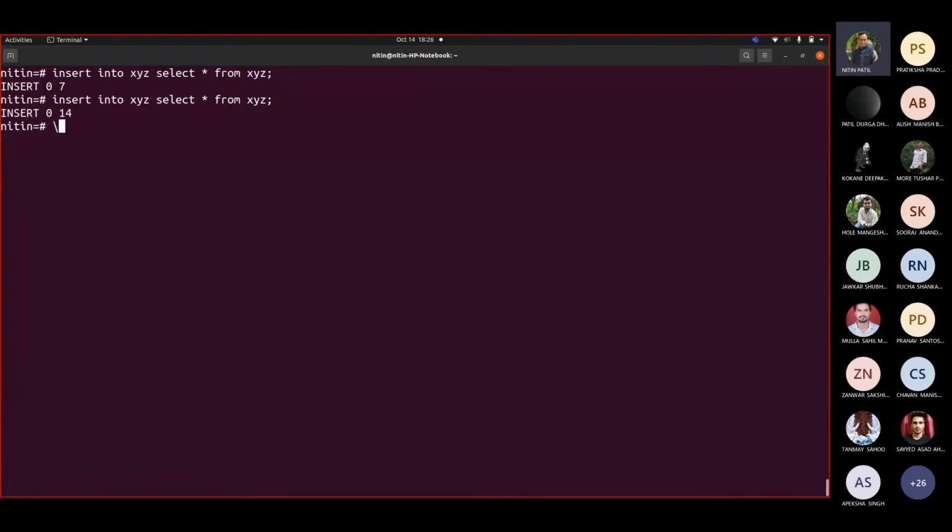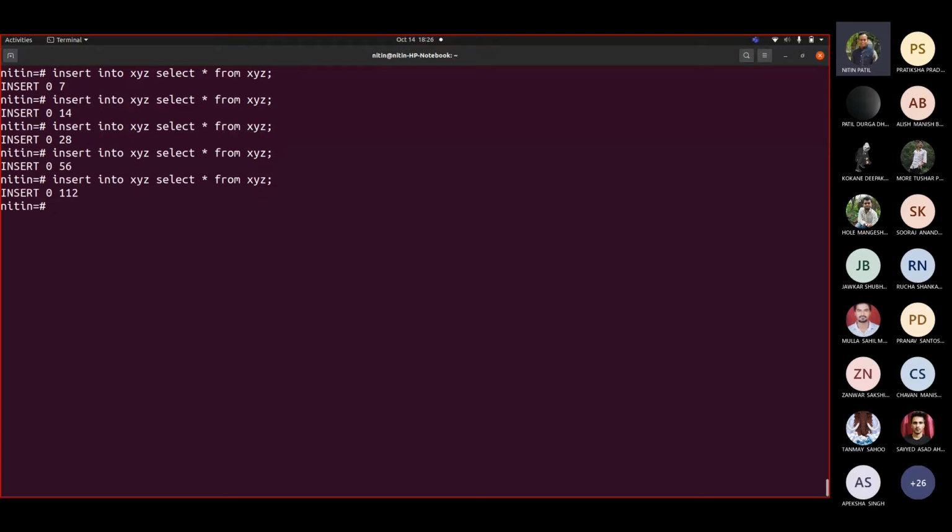Let me fire it again. It would keep adding more records, depending upon how many times I run this instruction. Literally, if I check select count(*) from XYZ, I now have 224 records available in my relation called XYZ, which is a temporary relation created by me.